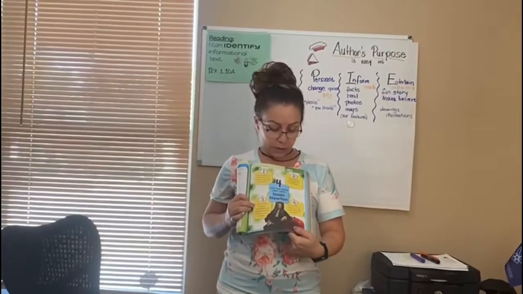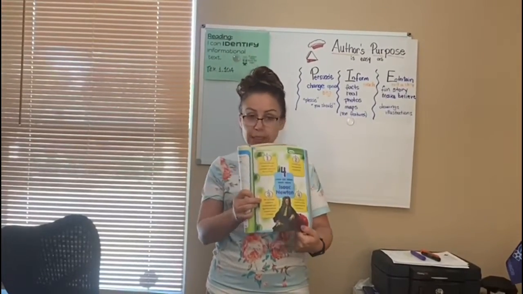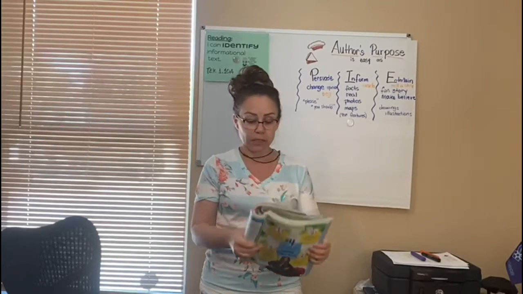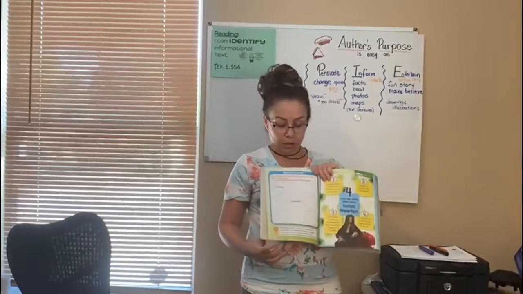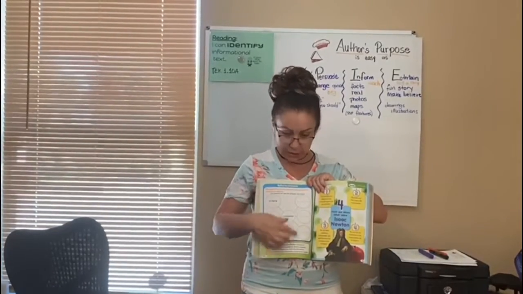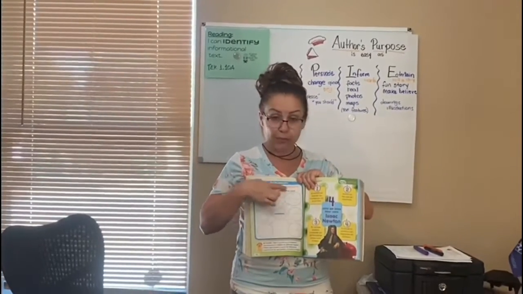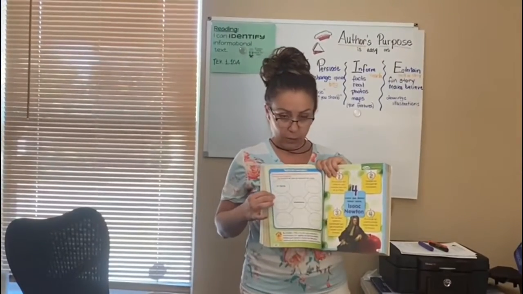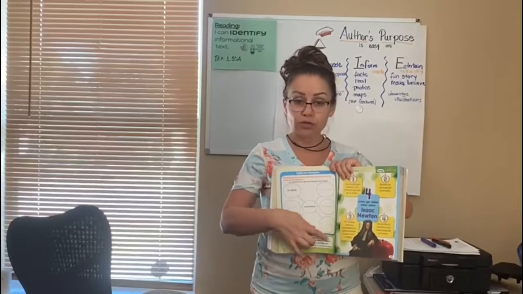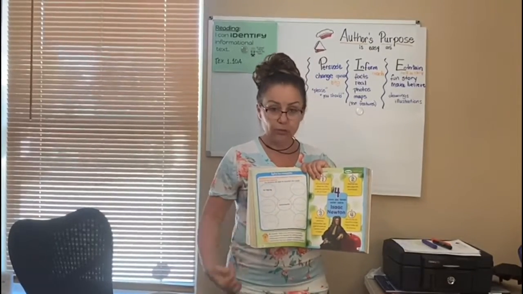Photos, can you see the photos? Yes. Can you see any bold letters? Not here, right? But you know what? In the other part of the book, there are some graphic organizers that can explain about his discoveries, his experiments, okay? So these are also text features that you find in an